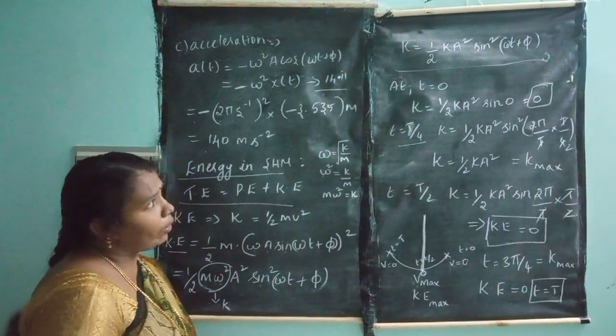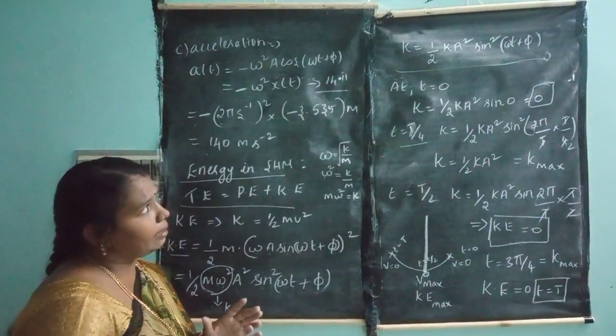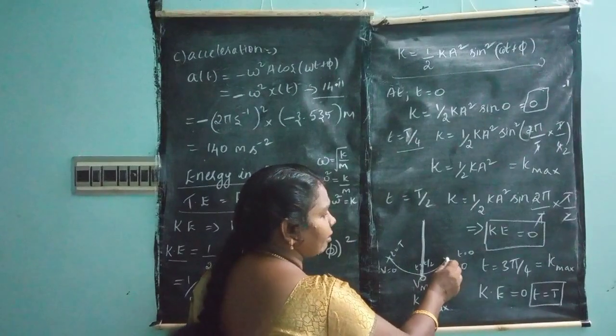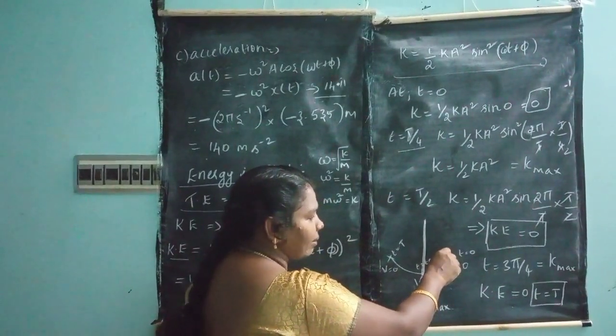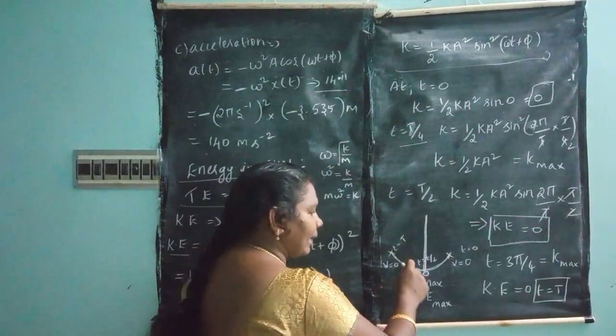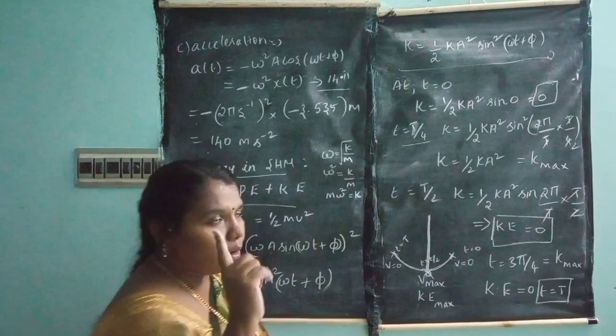So now I am going to explain when the kinetic energy is maximum, at time t is equal to t by 2. Why am I taking this? At the extreme position only it starts the oscillations. It comes forward, then goes back to the negative direction, and then comes forward to the mean position. Then only it completes one rotation.